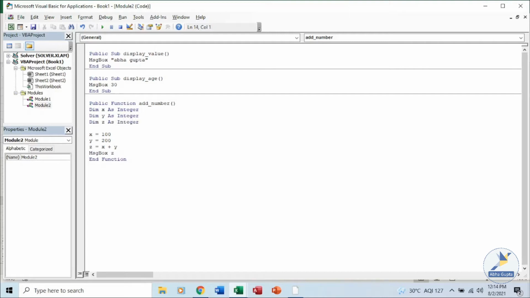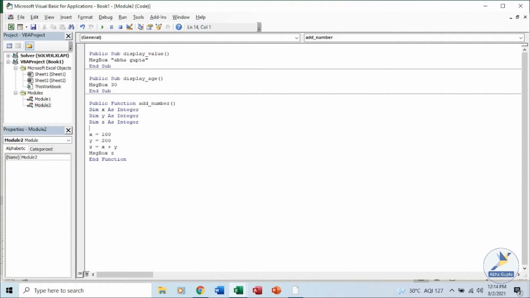I have declared 3 variables and these are the data types for these variables. So my variable declaration has been done. We have talked about the scope of the function and sub, whether they are public or private.